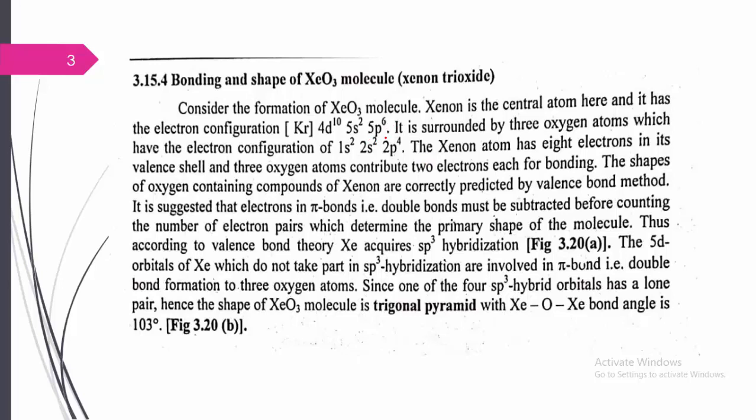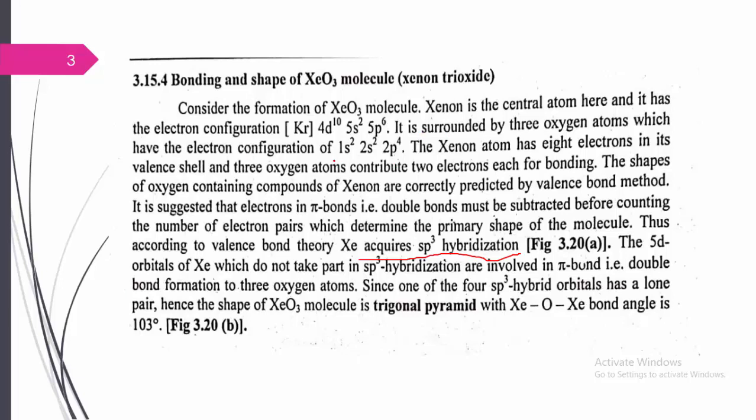At the same time, the electrons in the p orbital, which are completely filled, get promoted towards a vacant d orbital. The three remaining 5p electrons, that is px1, py1 and pz1, remain unpaired in the 5p orbital, and the s orbital forms a lone pair. It undergoes sp3 hybridization. This is very important. The remaining unpaired electrons form a double bond with the remaining unpaired electron of the oxygen atom.